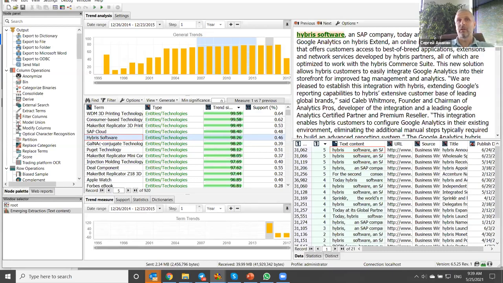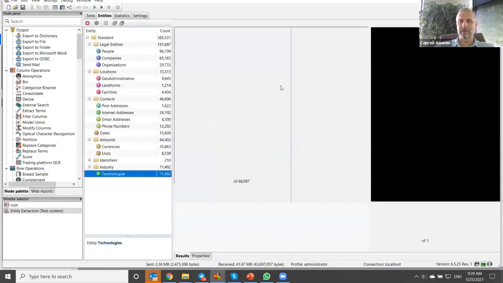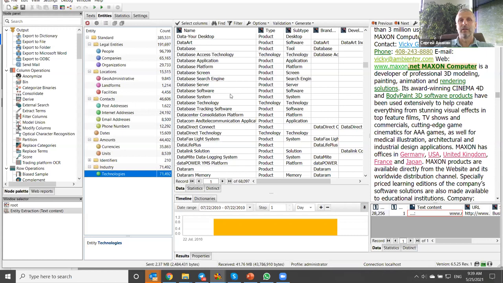Now let me go back and explain how these things work. Let's go a step back. Here are the linguistic and semantic rules that help us extract those things that I'm showing to you. I will show an example of the rule, and then we can try and build our own rule. I don't know if it is good in the framework. We probably will not have time for that.